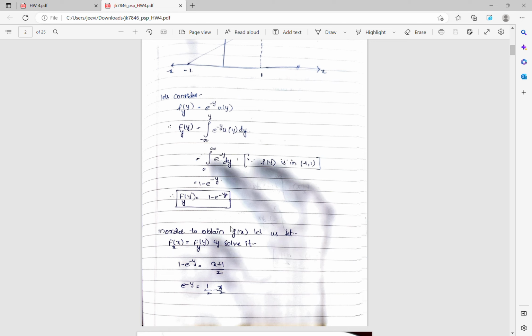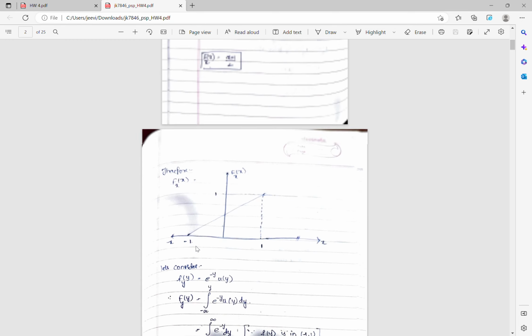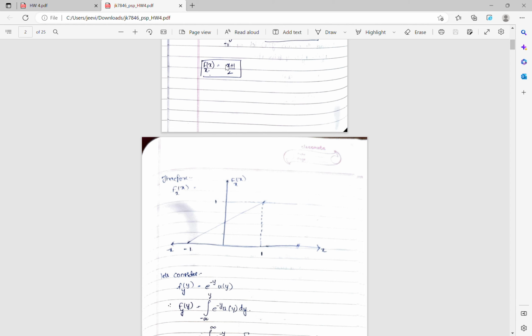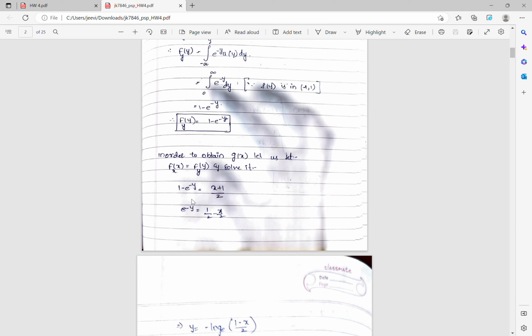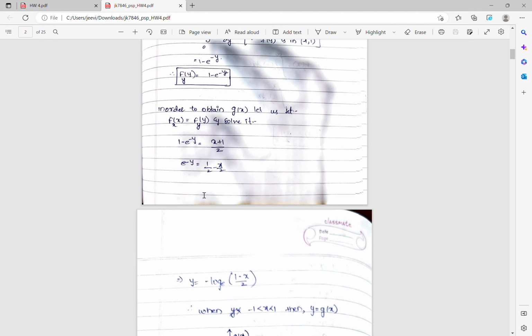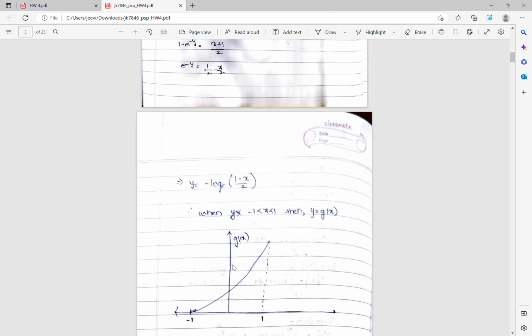Now, the question asks us to calculate the value of g of x. In order to get the value of g of x, we will be equating the cumulative function of x to the cumulative function of y. So from here we know the cumulative function of x, and from here we know the cumulative function of y. If we equate both of them, we get 1 minus e power minus y is equal to (x plus 1) by 2. Now if we solve this, we get that y is equal to minus log base e of (1 minus x) by 2. Therefore,